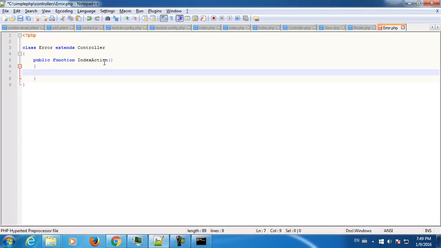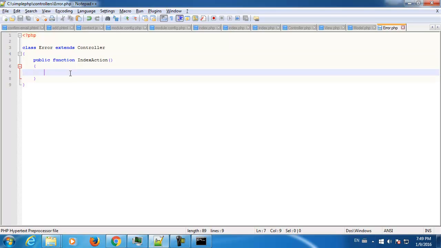Let me first finish with that, and after that I will call this controller. We have to work a little bit on the view and the view scripts and all this kind of stuff. So index action,